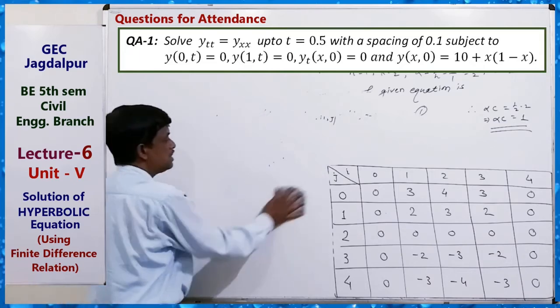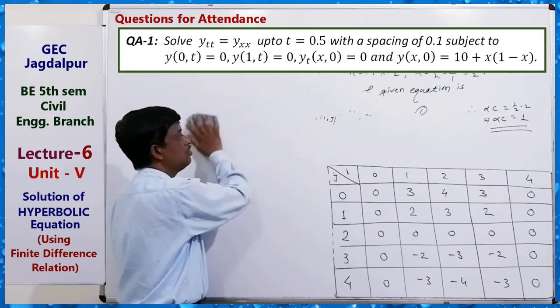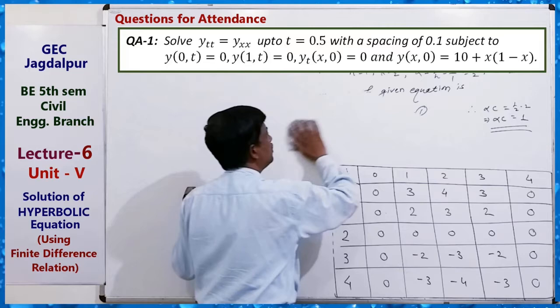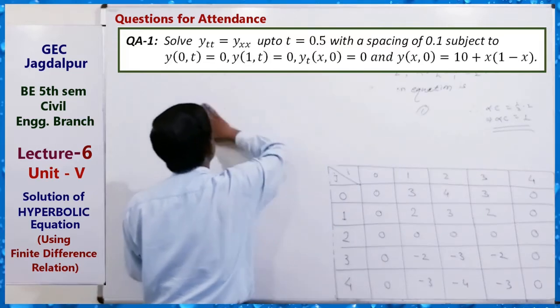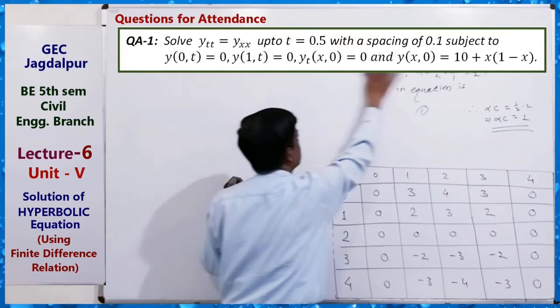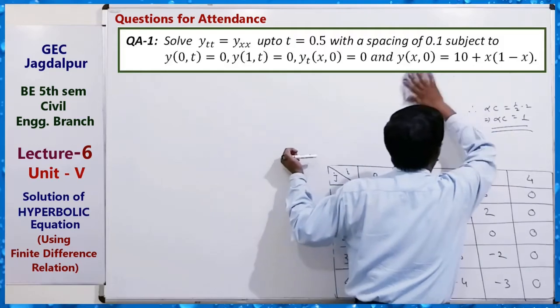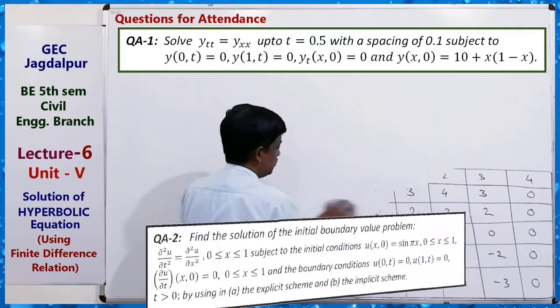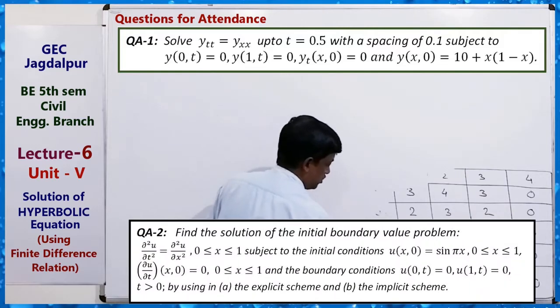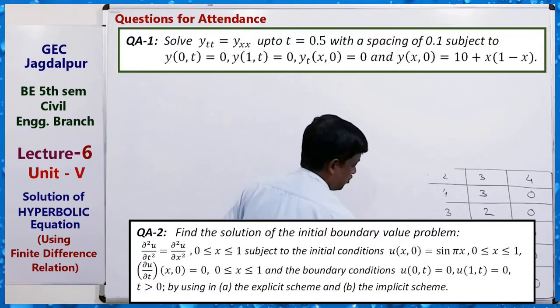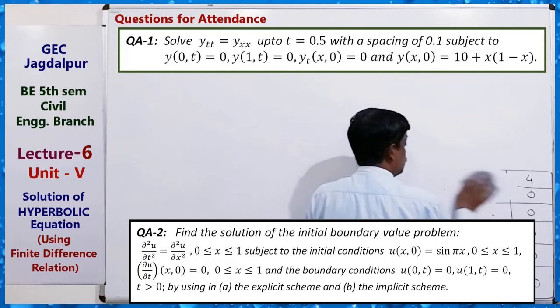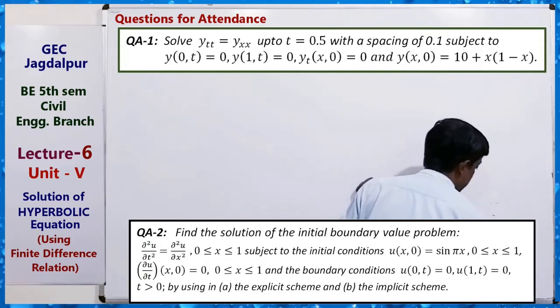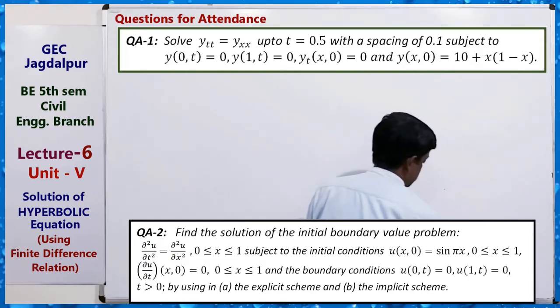Okay, so implicit means here alpha equals to something you have to put, and then the formula is just slightly lengthy. But you can get all the values in a table format. Okay, so just use the formula. Here two initial conditions are given and also two boundary conditions are given.